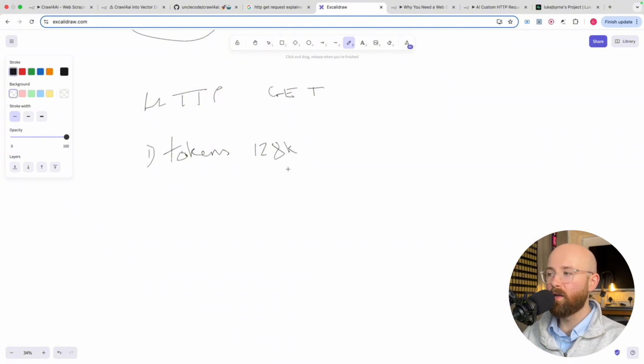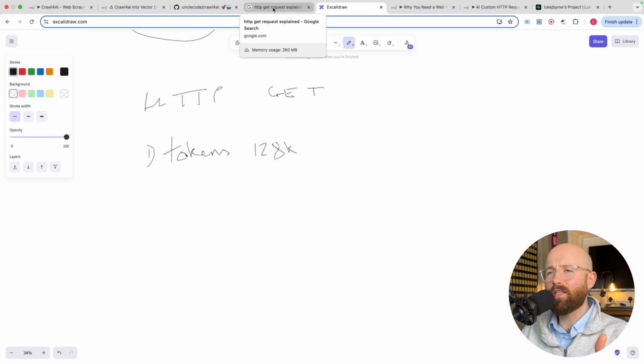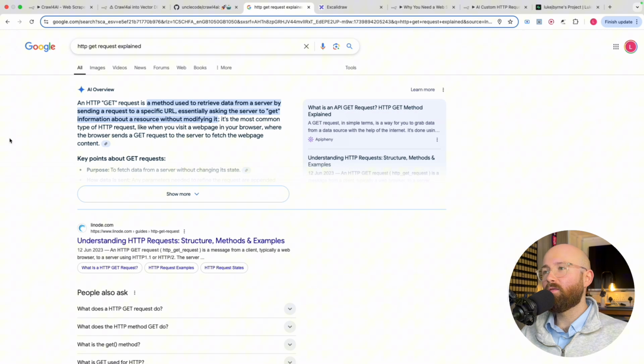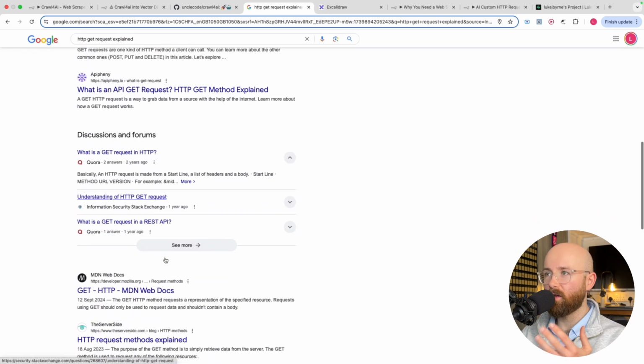So what happens is a normal LLM would have like a 128,000 token limit, something like that, which sounds like a lot, but it could maybe be, say, 70 or 80,000 words. Now that seems like loads. When would you ever send in more than like 70,000 words? Well, if we come back to this here, if we wanted the LLM to go to this Google page and get this information,